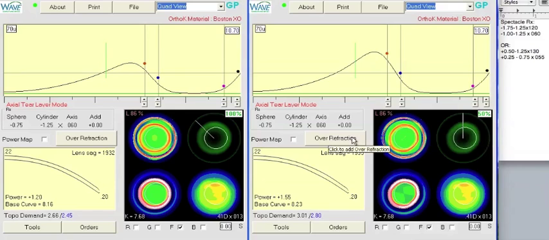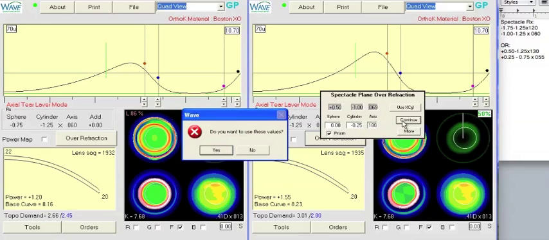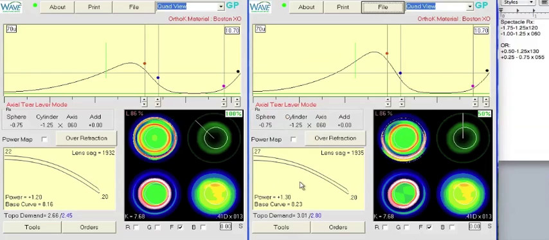So if you go to the over-refraction button and you add in -1/4, you'll see that the prism checkbox becomes checked. And if you hit continue, now we can see that on the front surface we've got prism ballast there. And looking at the back surface power, you can see the toricity that we induced in the lens by changing